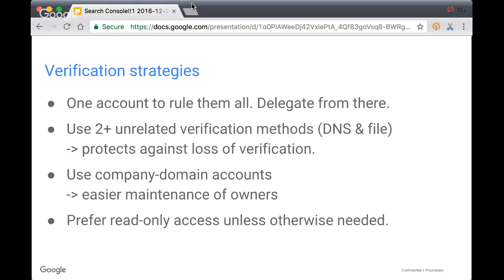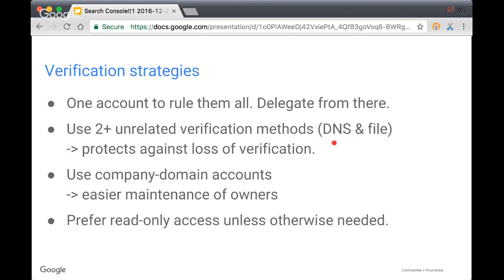And for that account, if that's the main account that you're using, make sure you're using 2 or more unrelated verification methods so that if one of them fails, the other one will definitely still be there. So a common possibility could be to use DNS and file-based verification so that if DNS fails, then obviously